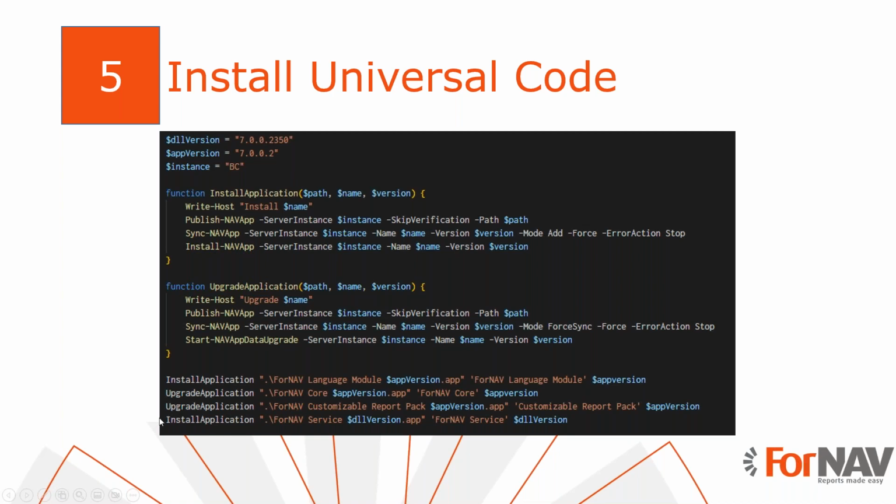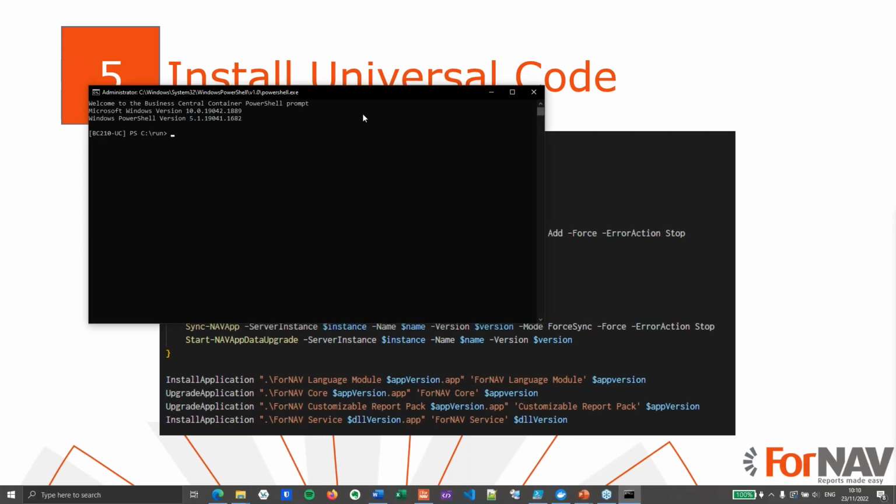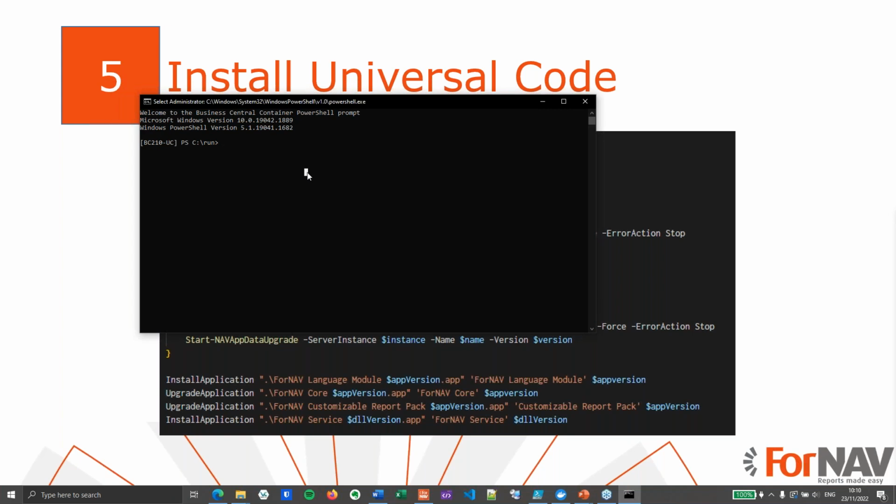Upgrade ForNAV customizable report pack and install application ForNAV server. So let's go and try this. To try this, I will open my PowerShell prompt, and you will notice that I'm running this in a Docker container. In this Docker container I have uploaded my PowerShell script before in the ForNAV UC folder, so I can simply